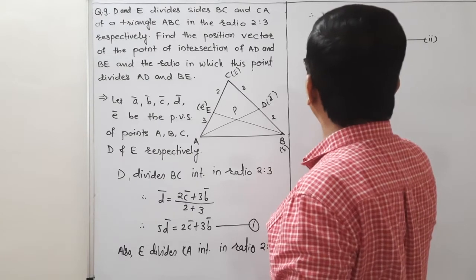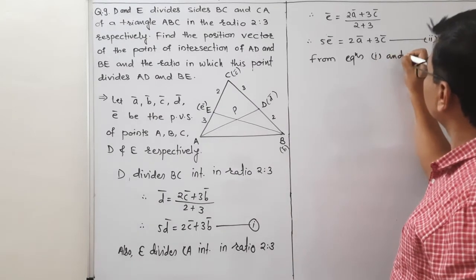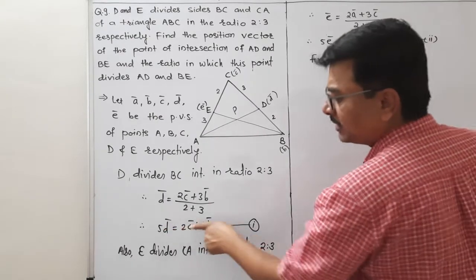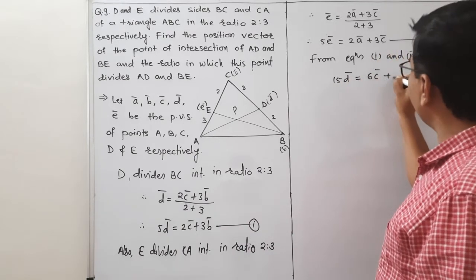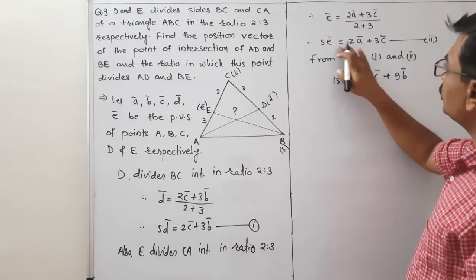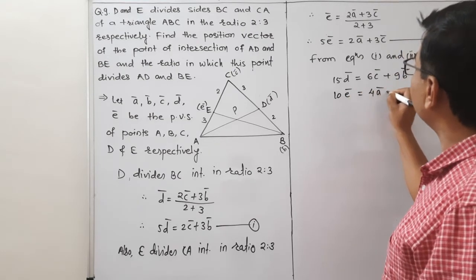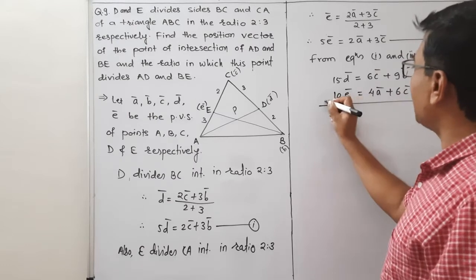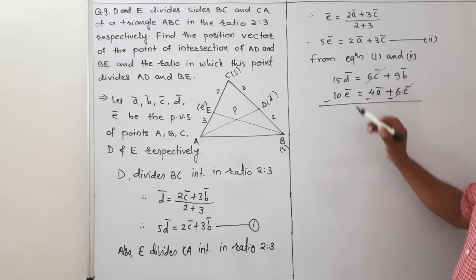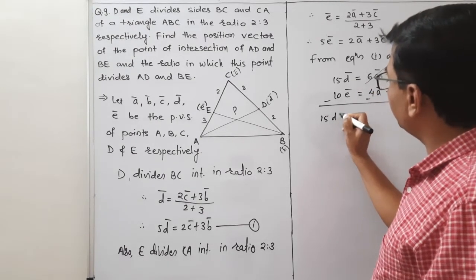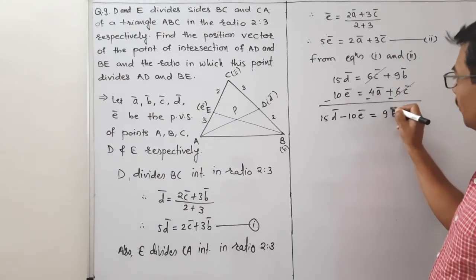तो हम यहां पे लिखेंगे from equations first and second we have, इसको 3 से मल्टीप्लाई करो तो 15D वेक्टर इज इक्वल टू आएगा 6C वेक्टर प्लस 9B वेक्टर, इसको 2 से मल्टीप्लाई करो तो 10E वेक्टर इज इक्वल टू आएगा 4A वेक्टर प्लस 6C वेक्टर, इनकी सब्ट्रैक्शन करो तो 6C वेक्टर में से 6C वेक्टर कैंसिल हो जाएगा, ये आएगा 15D वेक्टर माइनस 10E वेक्टर इज इक्वल टू 9B वेक्टर माइनस 4A वेक्टर।